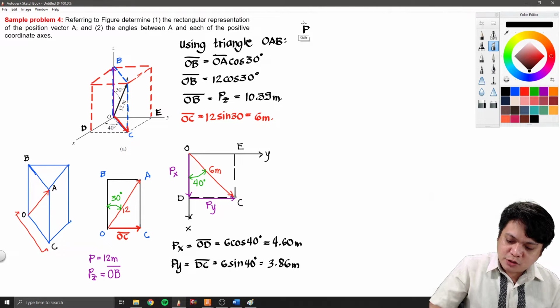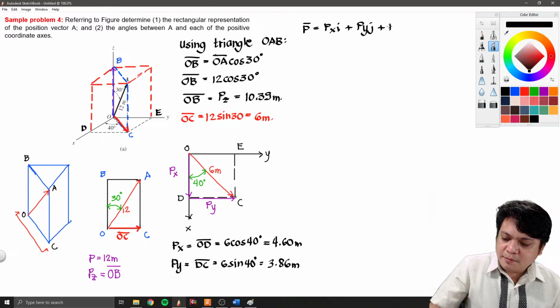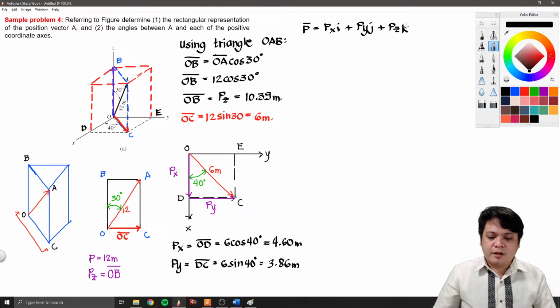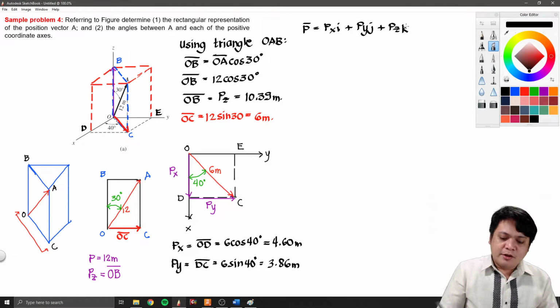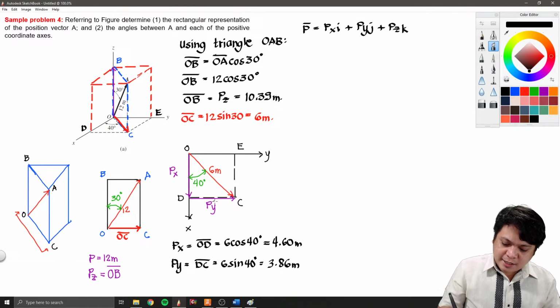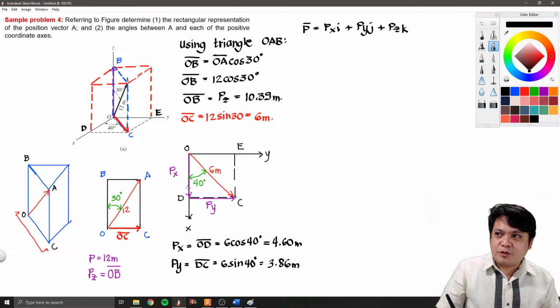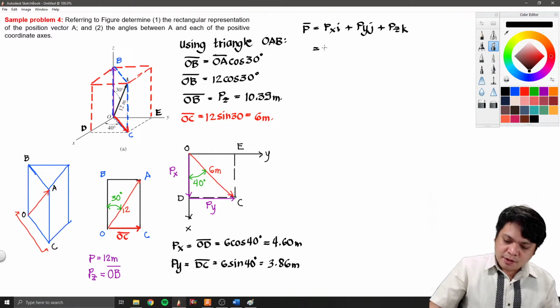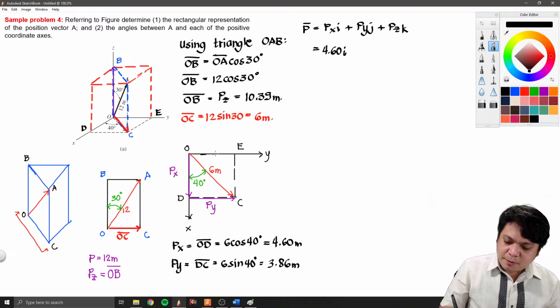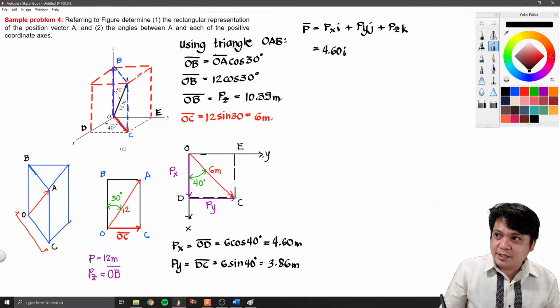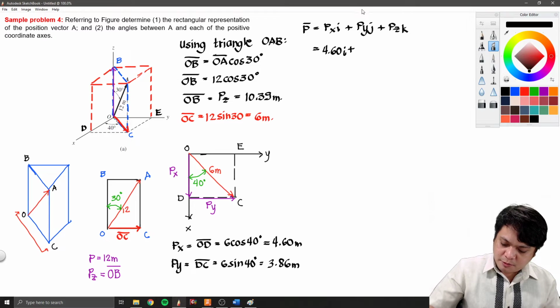Okay? So, I will have it position vector P, and that's equals to my PXi plus PYj plus PZk. Okay? Take note. Tingnan natin yung mga arrow, ano? So, since yung X natin, okay, is going positive dun sa X-axis, o kaya papunta pa. Kasi kapag pabalik yan, magiging negative, ano? So, we will be having here as also positive. So, that's 4.6i. And then yung Y natin, again, papunta rin siya sa positive Y-axis. So, positive din siya. So, we will be having here 3.86